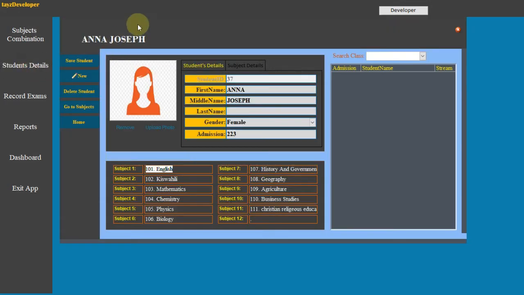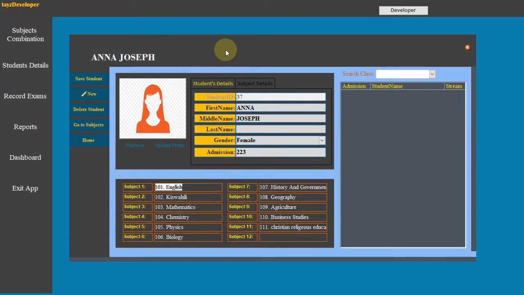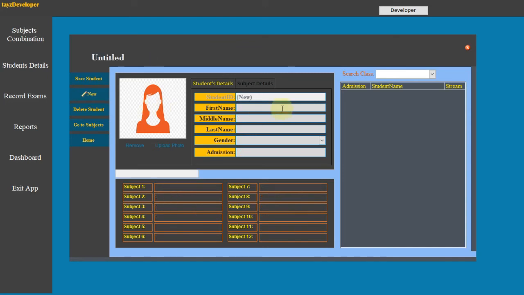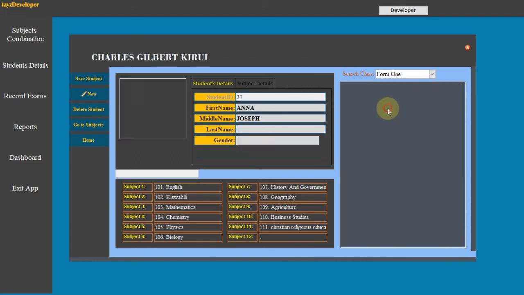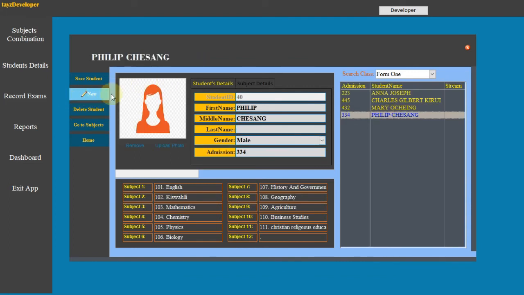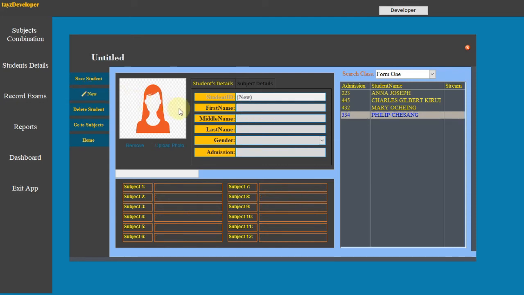On student details, this is now where you will be adding the student details. For example, let me add one of the students. So I go to new student. Let's say, for example, this student is form 1. Then you can see so far we have form 1s here, but what I needed is new student. So let me go to new student in form 1. Then first name, let's say